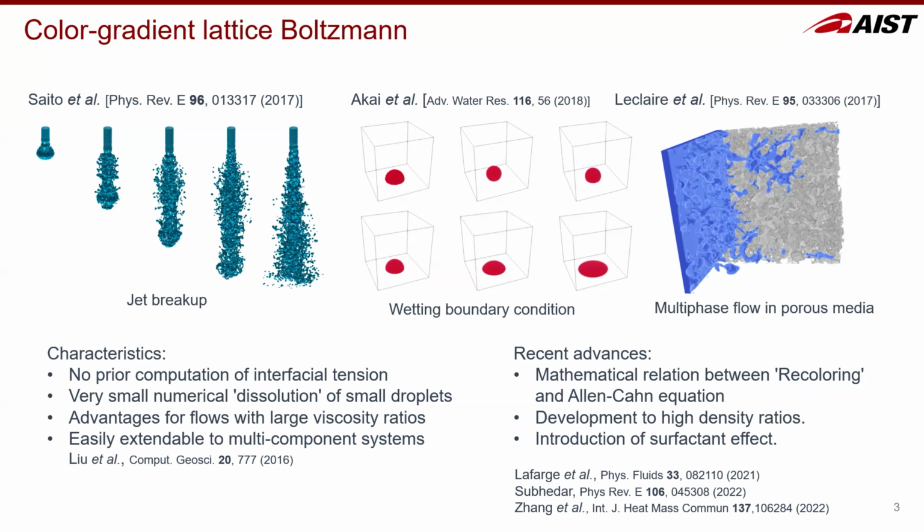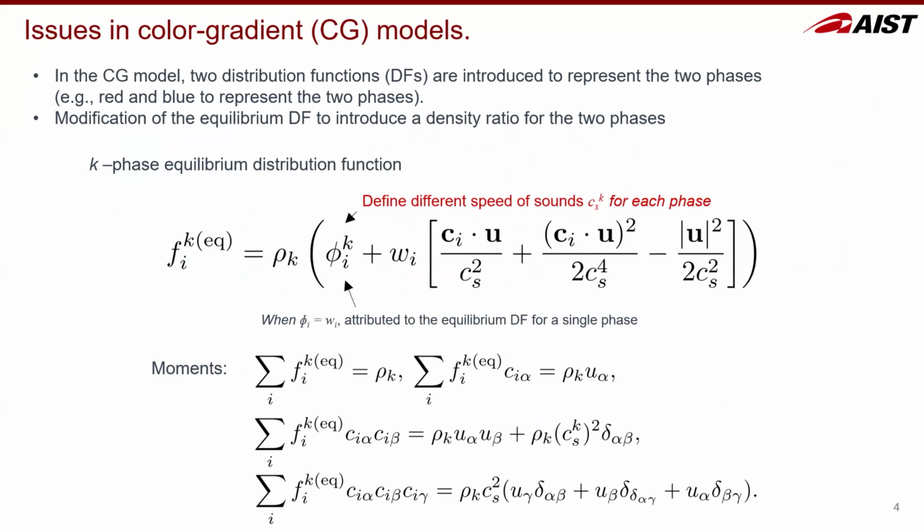As for recent advances, this talk is not devoted to this topic, but recently the relationship between the recoloring algorithms and the Allen-Cahn equation has been discussed, and some development on high-density ratio applications and the introduction of surfactant effects are also now under development. Our focus in this talk is the equilibrium distribution function, the equilibria, for the color gradient lattice Boltzmann models. Okay,